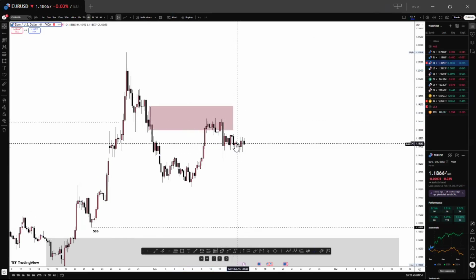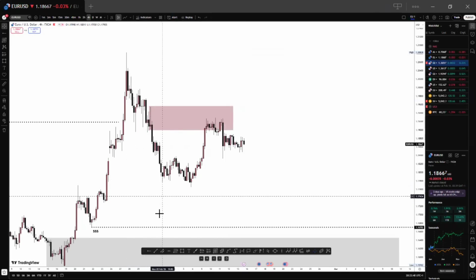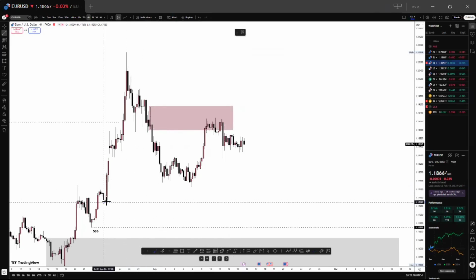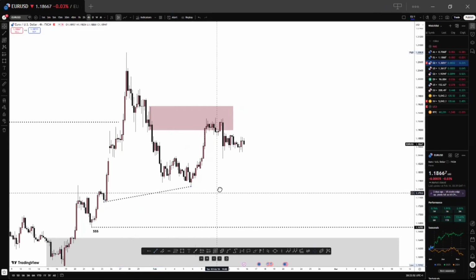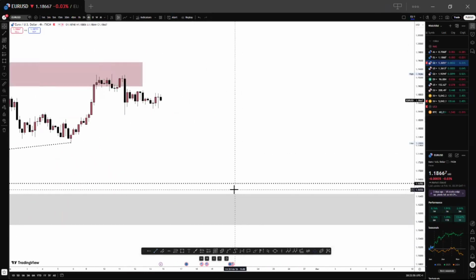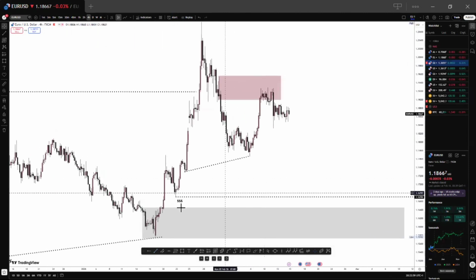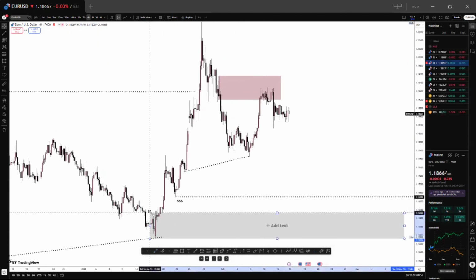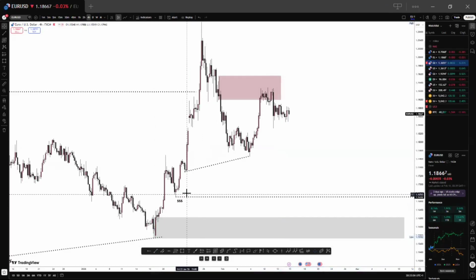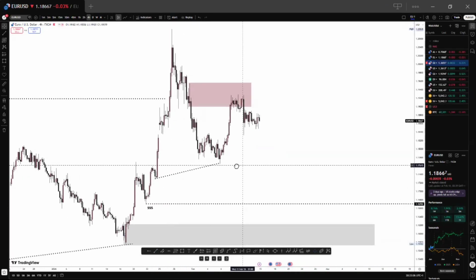But we don't expect this to last too long. So this is also acting as liquidity. So we have liquidity over here as well. And then we have a daily area of interest over here. We can refine this to this. So we could see,